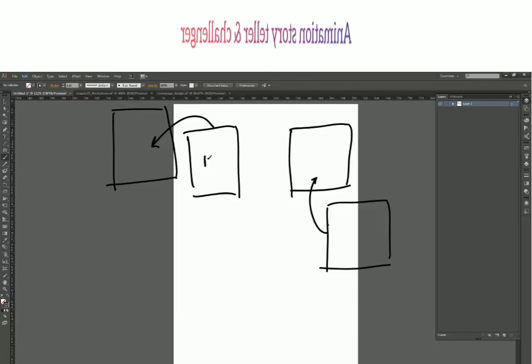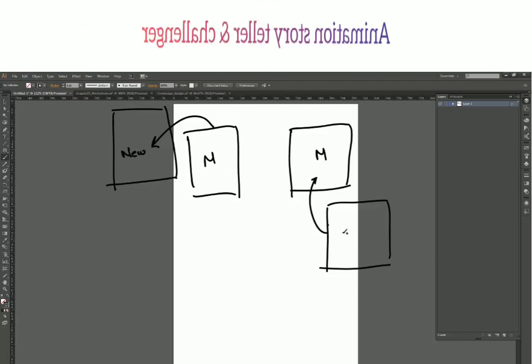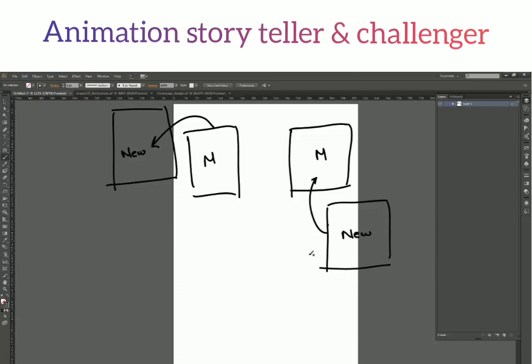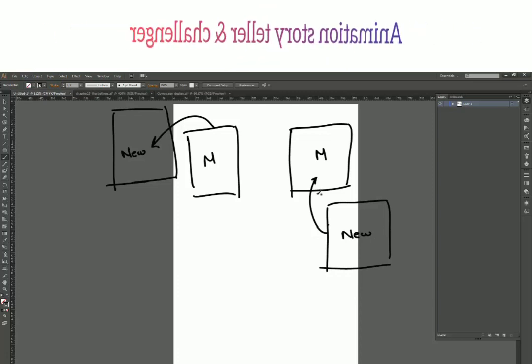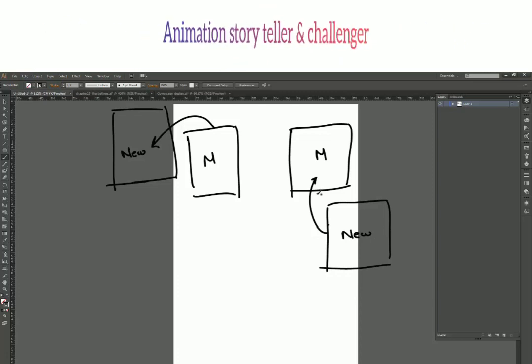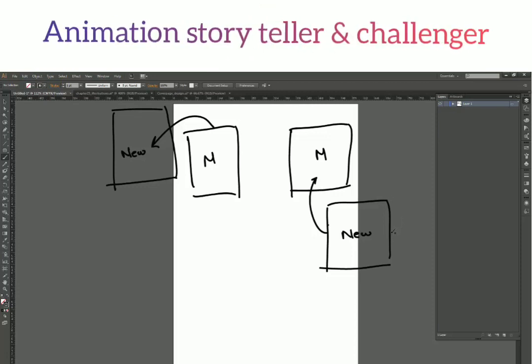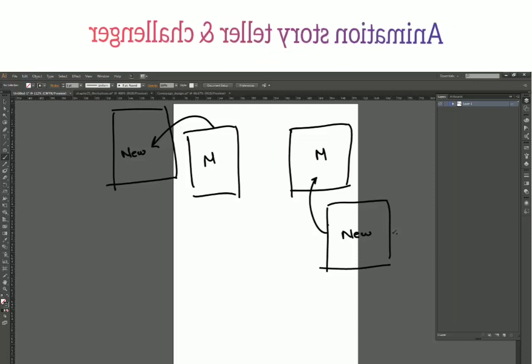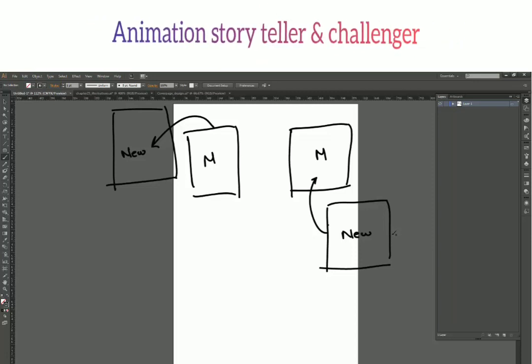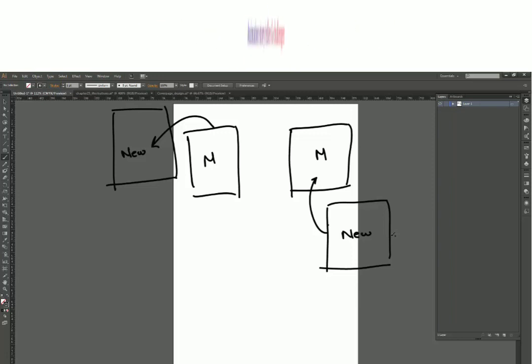So let me say this is main and this is new. I think that makes it more clear how these two options work. It will be much more helpful if you go and practice it by yourself. Unless you practice it by yourself, it will not be clear, so I suggest you practice it to understand it better.